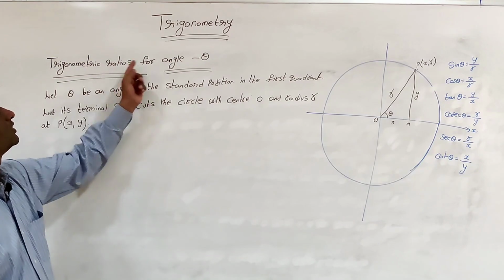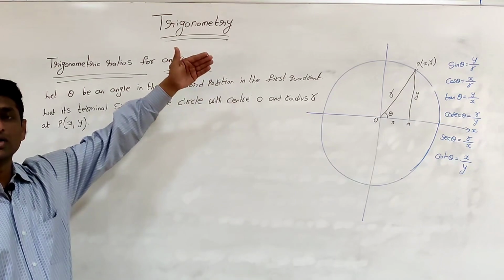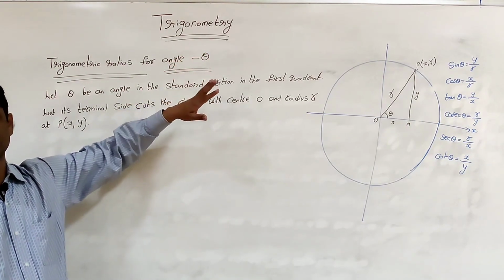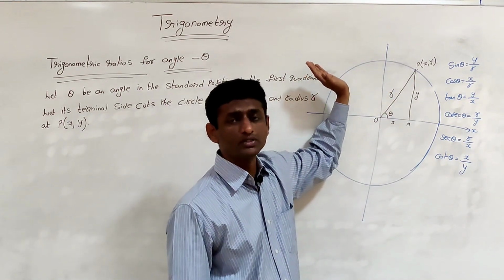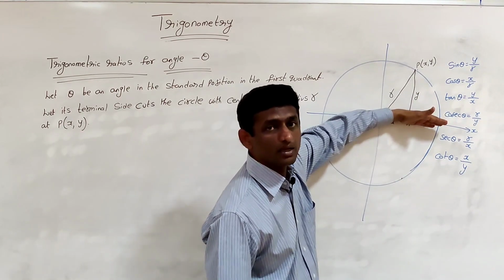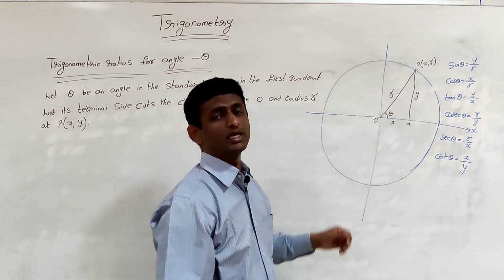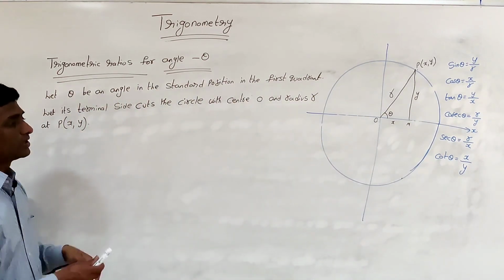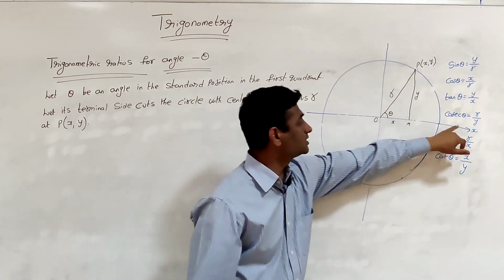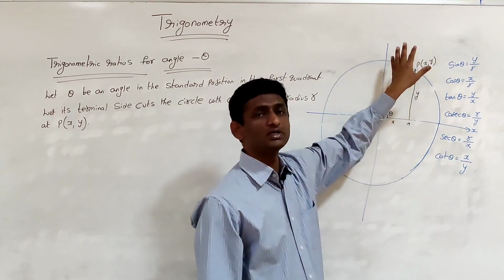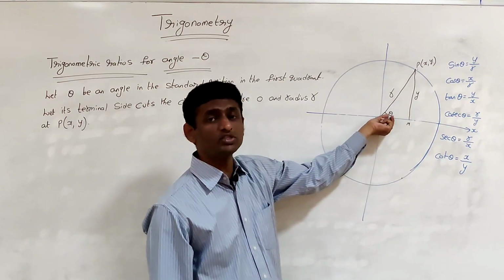Now we'll see the trigonometric ratios for minus theta. Minus indicates the rotation is in the clockwise direction. If we move in the anti-clockwise direction, it gives a positive angle, but if the angle rotates in the clockwise direction, then it gives a negative angle. So for the time being, first we will assume a standard rotation. This x-axis is our initial ray and OP is our terminal ray. If it rotates in the anti-clockwise direction, it gives some positive angle theta.